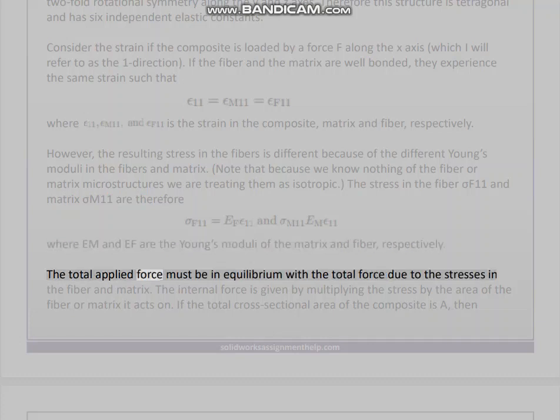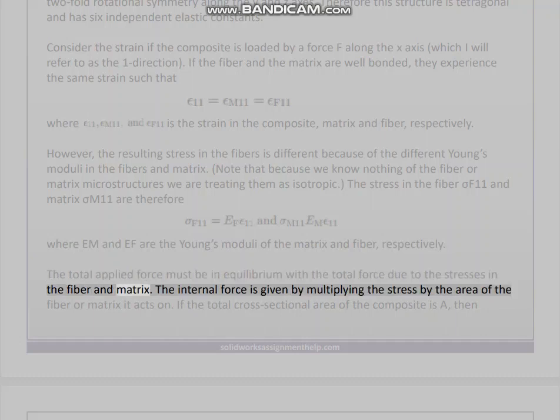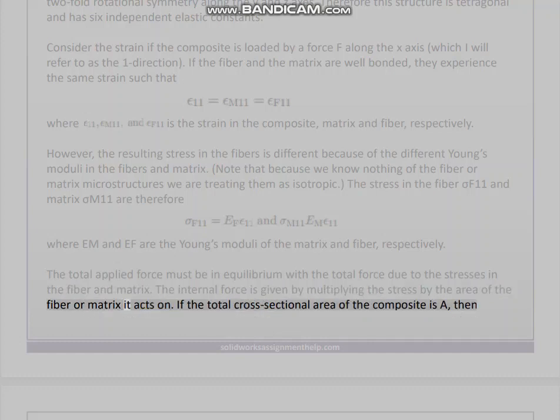The total applied force must be in equilibrium with the total force due to the stresses in the fiber and matrix. The internal force is given by multiplying the stress by the area of the fiber or matrix it acts on. If the total cross-sectional area of the composite is A, then